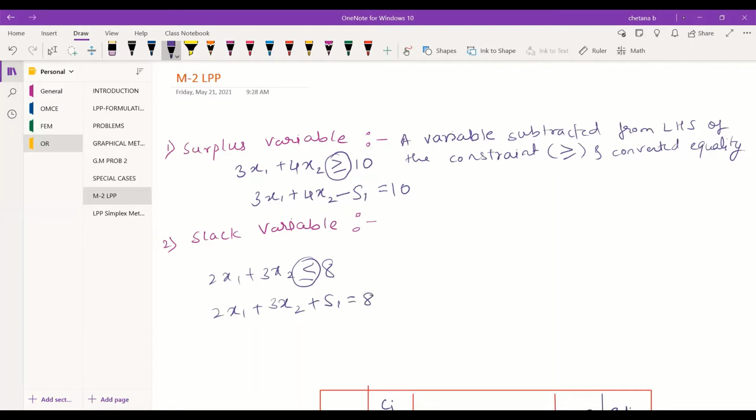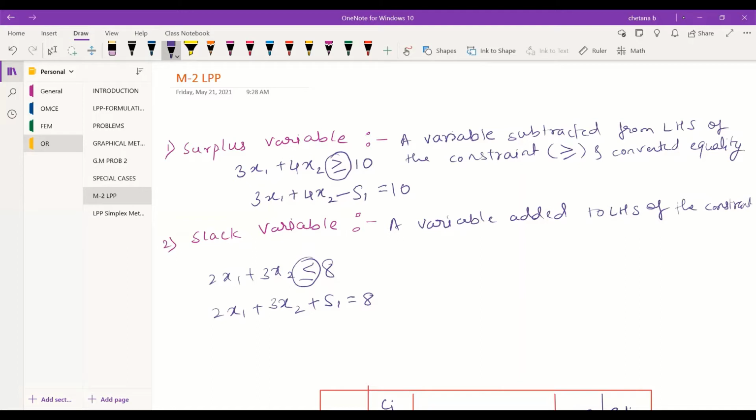That is a variable added to LHS of the constraint to convert inequalities to equalities.